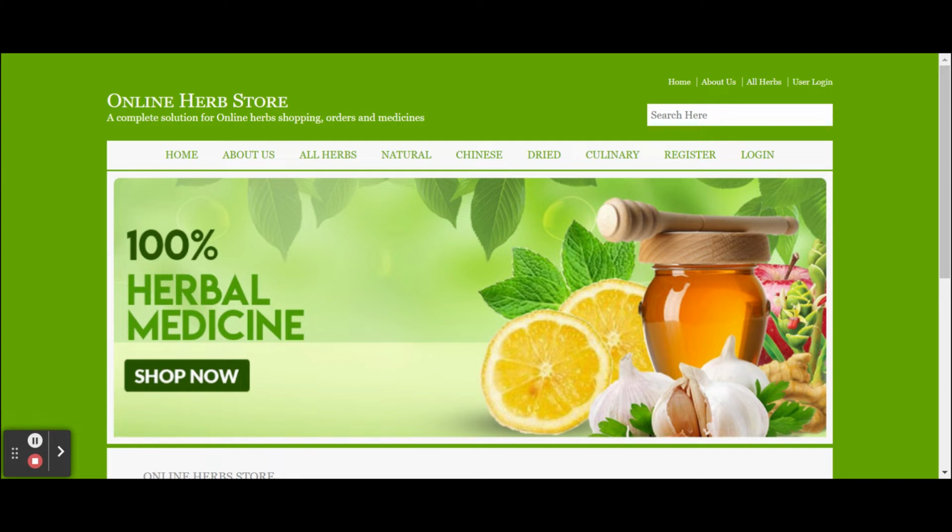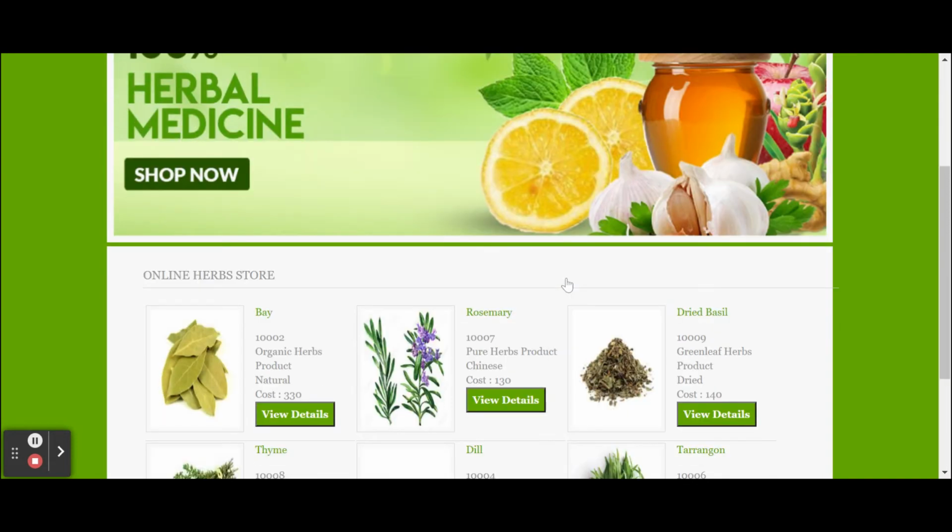What functionalities are available? This is a web-based project, and this is a mini project because it has only a customer panel. There is no admin panel available inside this project. So if you need an admin panel, then we will integrate it also and deliver it to you. But currently this is a mini project. So in the mini project we have added only the customer login and customer operations, right?